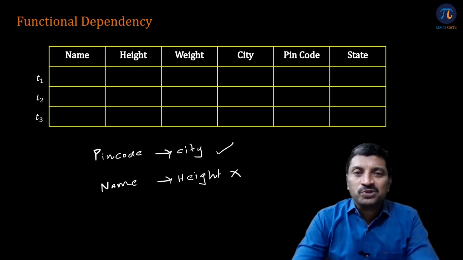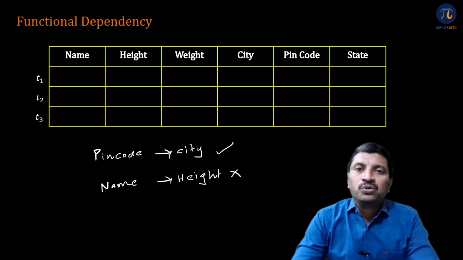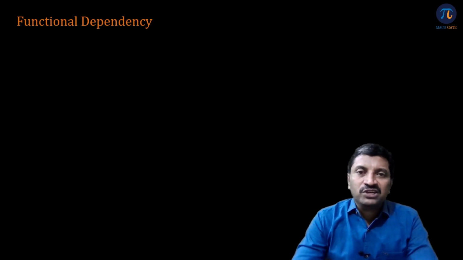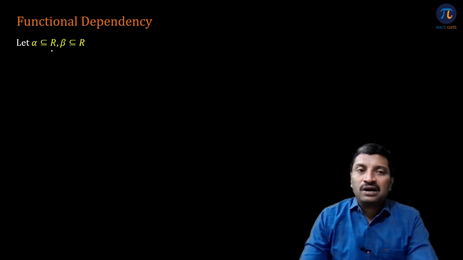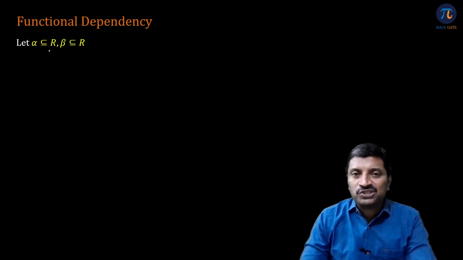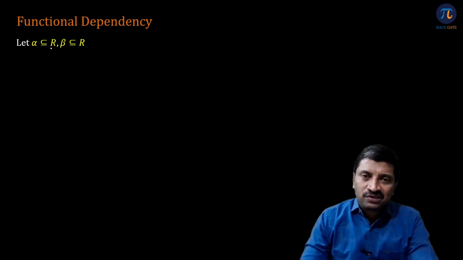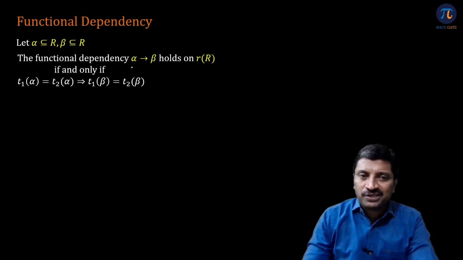Now suppose that we don't have any domain knowledge about the relation. Then how do we identify what functional dependencies hold on the given relation? For that, we need to discuss the definition of the functional dependency. Suppose alpha is a subset of the attribute set of the relation R. Similarly, beta is a subset of the attribute set of the relation R. Then we say the functional dependency alpha implies beta